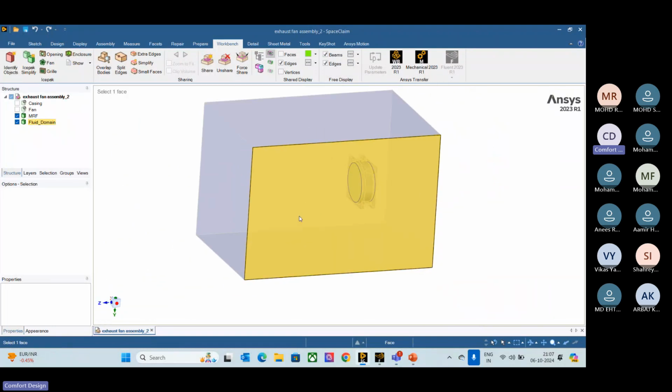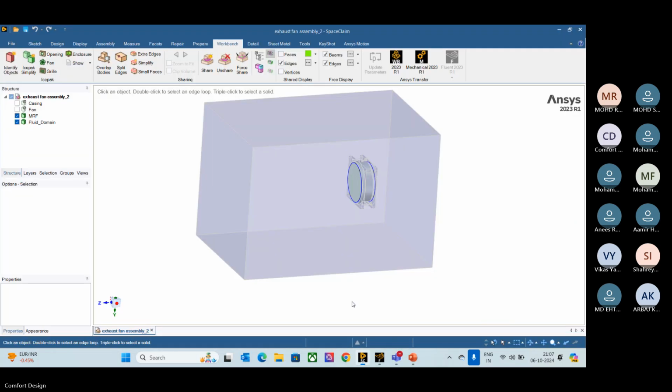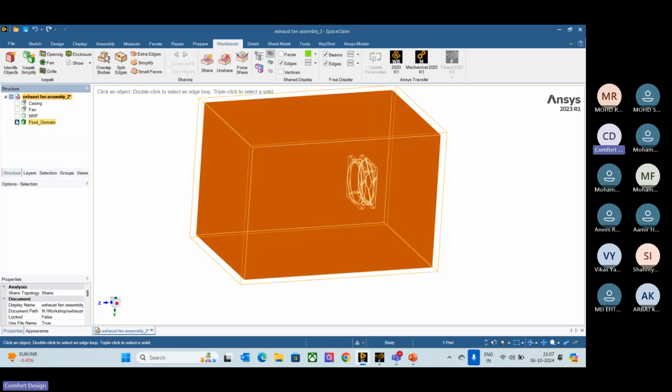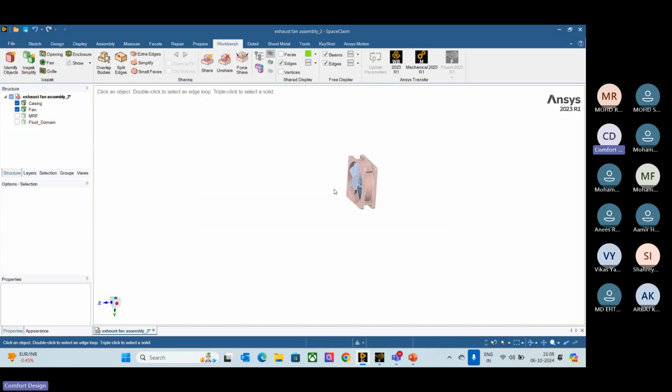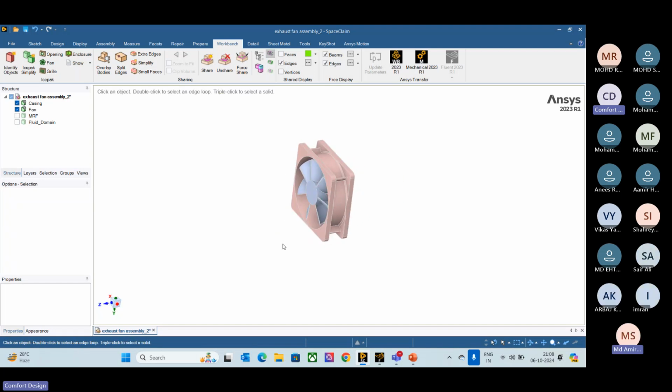I hope my screen is visible. So this was our geometry. We had a fan inside a casing, which was basically an exhaust fan, and we wanted to see and analyze the flow through this exhaust fan. So for that,